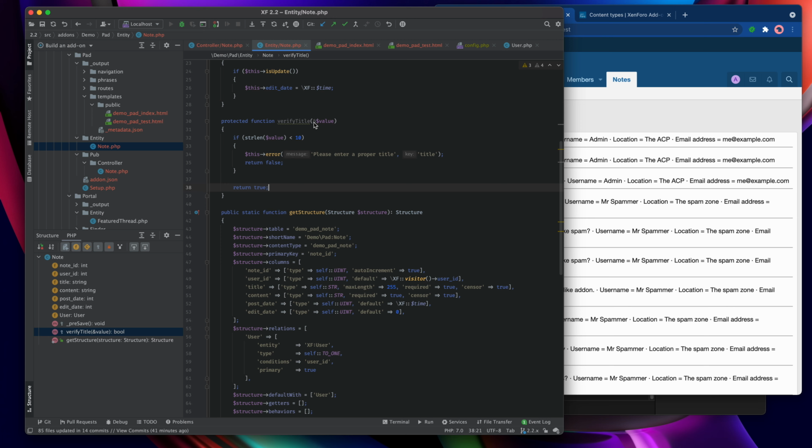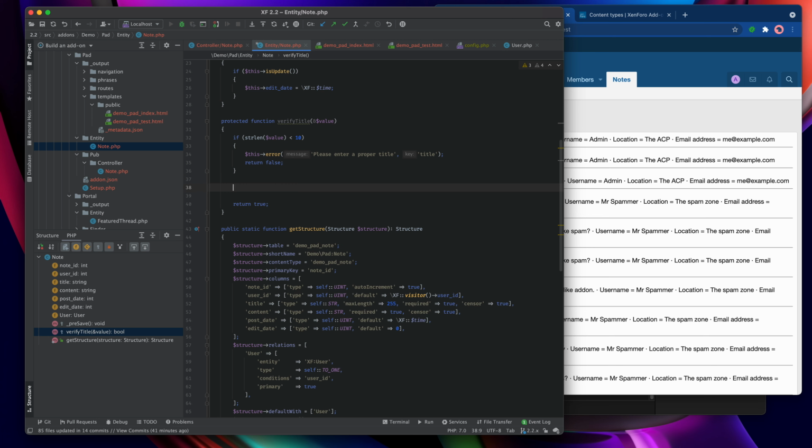Now, these verification functions are not limited solely to actually doing any verification. The reason that we have the value passed in by reference is that we can actually change the value if we want to. So what we could do here is after we've established that the thing is of a sufficient length, then we could do something to it, like let's ensure that it's coming through in title case.